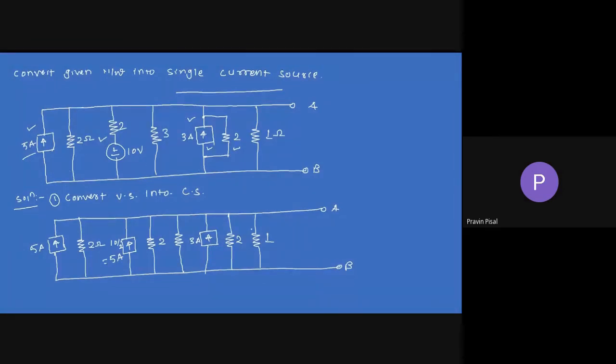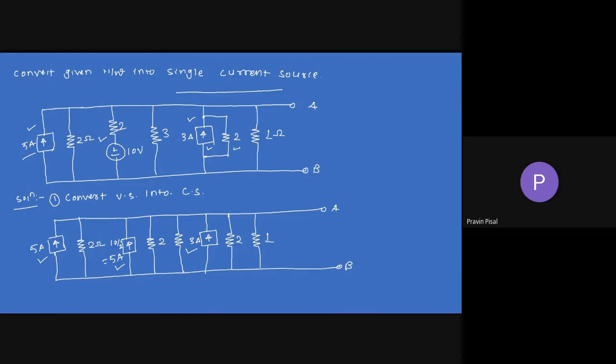Fine. Now tell me, what will be the next step? Yes, student, all resistances and sources are connected back to back. So what we will do, we will have a parallel connection, and we know that in a parallel connection all the current sources can be added. So you can see that here we have three current sources. This is a 5 ampere source, this is a 5 ampere source, and this is a 3 ampere source. So all these three sources can be added.